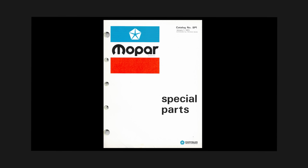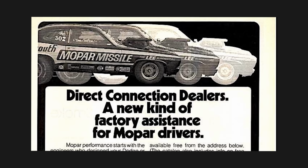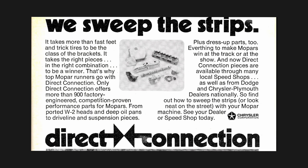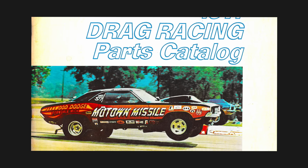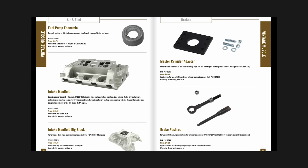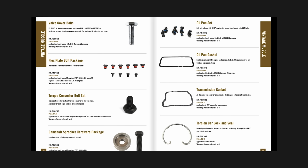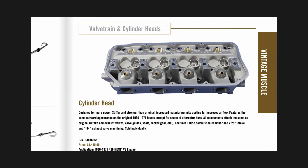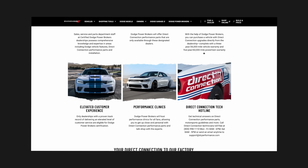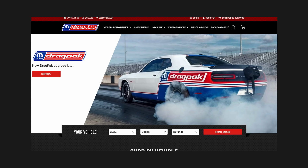The original direct connection high-performance parts catalog was established back in 1974 with the goal of giving Dodge owners a leg up on muscle car performance. And while it did go away for a while, it's now back for the next generation of Dodge performance enthusiasts. That means factory developed and validated components which allow the owners of late model muscle to upgrade and enhance the performance of their vehicles. What's even better is that direct connection parts are 50 state emissions compliant, which means that